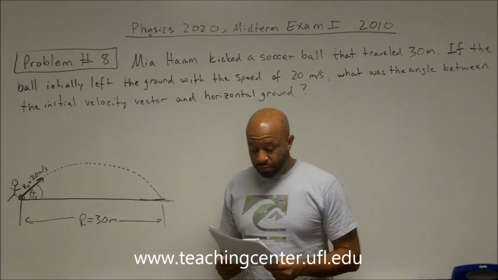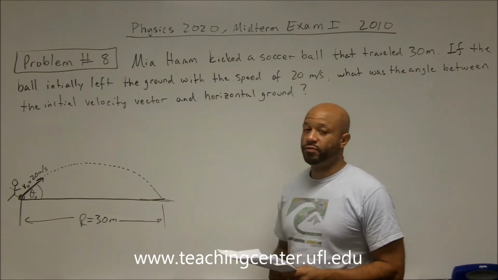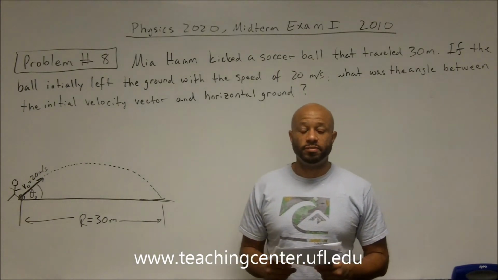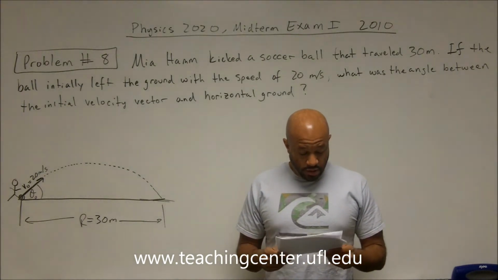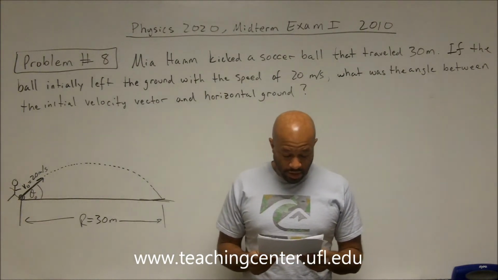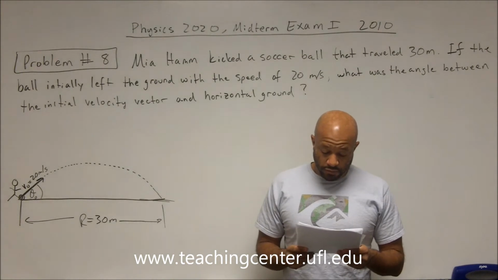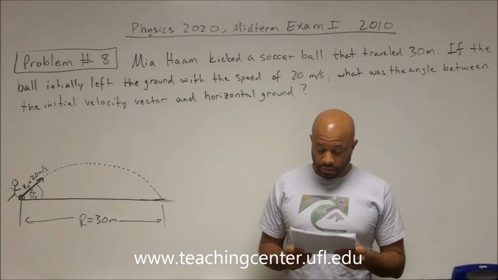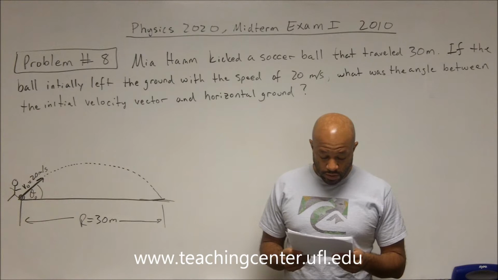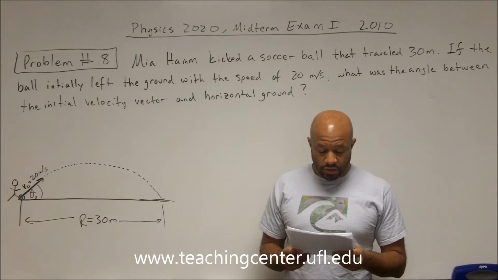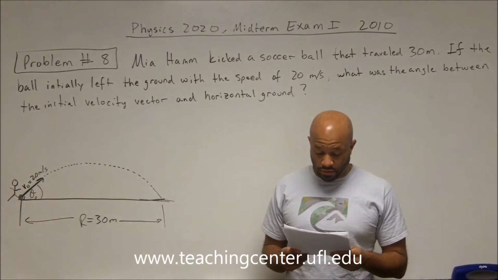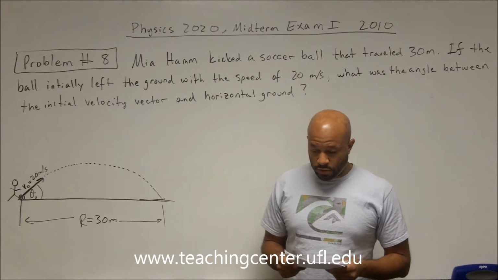Okay, so I'm going to work through problem number 8 for Physics 2020 Midterm Exam 1. And problem number 8 states, Mia Hamm kicked a soccer ball that traveled 30 meters. If the ball initially left the ground with a speed of 20 meters per second, what was the angle between the initial velocity vector and the horizontal ground? Alright, so